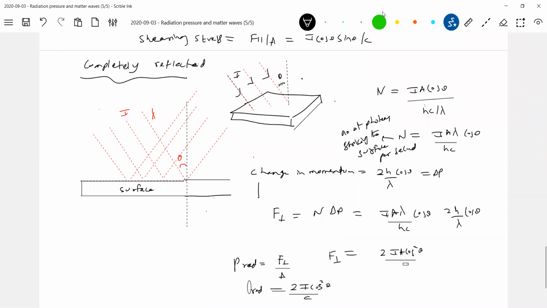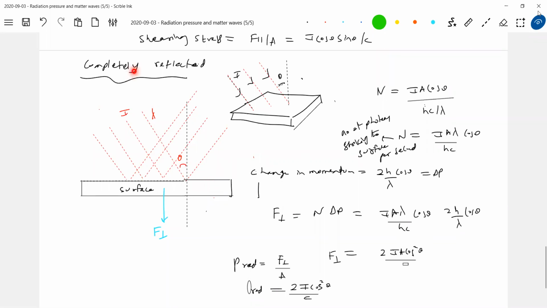I'll extend it a little bit. Okay. How will this force act? It should act normally. It doesn't show at an angle. I think this was the mistake usually we make. So why not F parallel? Look at the component of momentum along the x-axis here. So only F perpendicular, F parallel will not be there.